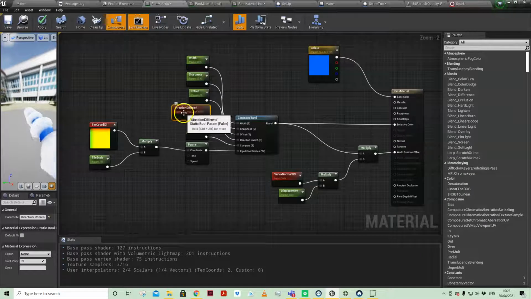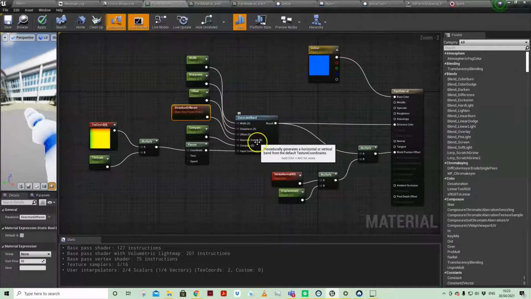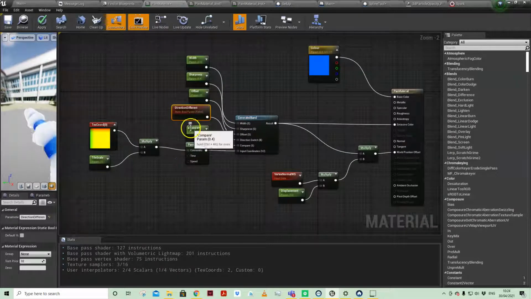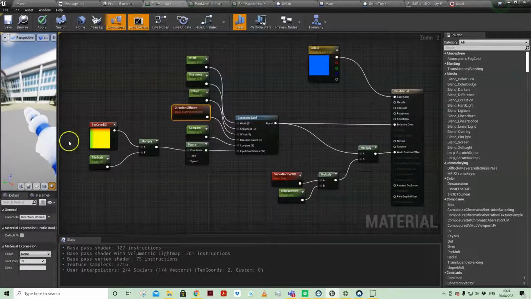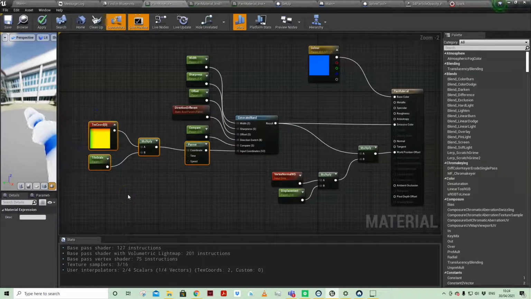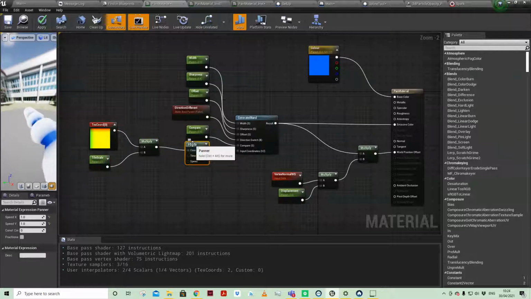I've got a directional difference switch, which is just a static bool parameter. Now that is important for when we're applying this material to an Unreal Engine cable actor, because the UVs are different. That will make sense in a moment. Compare scalar parameter again, and then I've just set, and this is where the power comes in of giving that effect of something moving along, we are using a panner, and